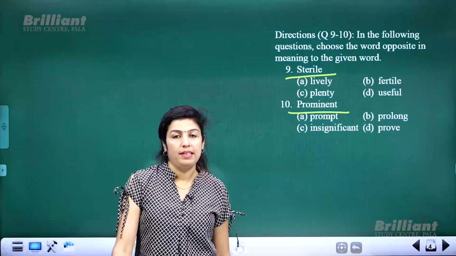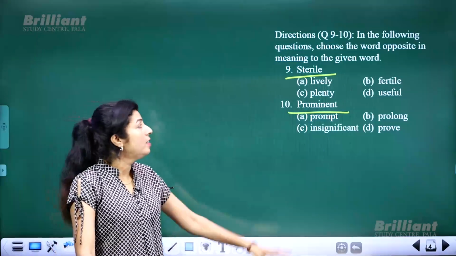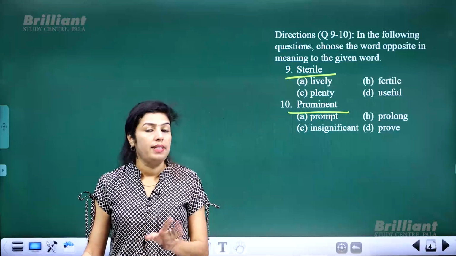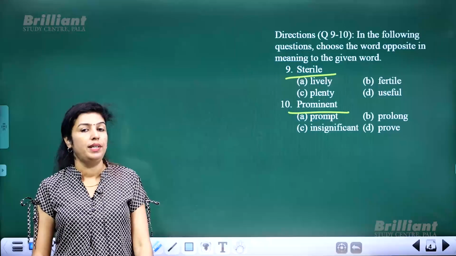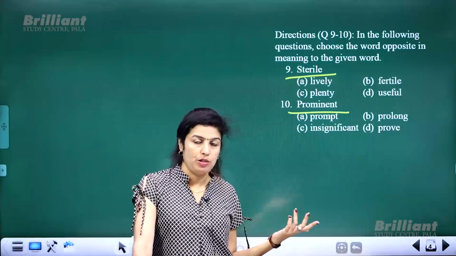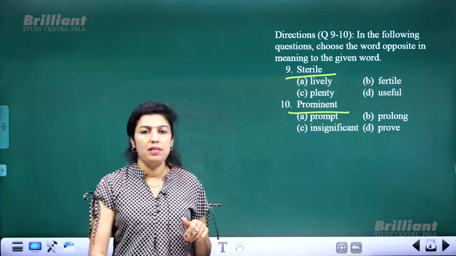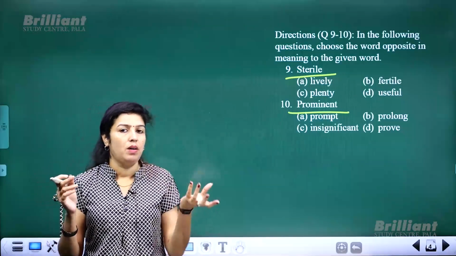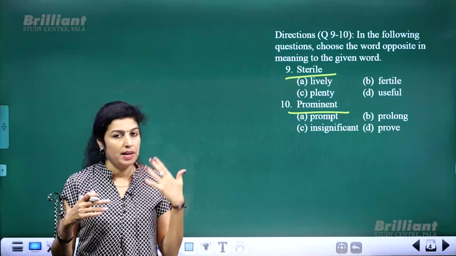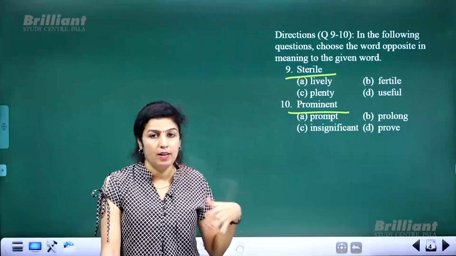prominent. These words also you might have used so many times in your life, right? So what is the meaning of sterile, by the way? In science and all, you might have studied this word and you are familiar with it. Sterile is that inability to produce, or that reproduction thing. Inability is what you call sterility or sterile. When an animal or a human being is unable to produce its young ones, or else that reproduction part is weak, you call it sterile or sterility.